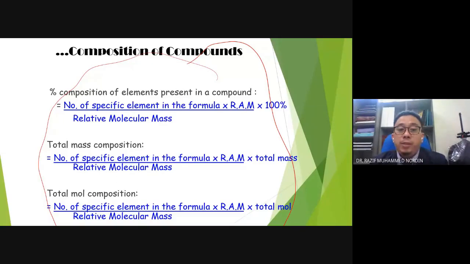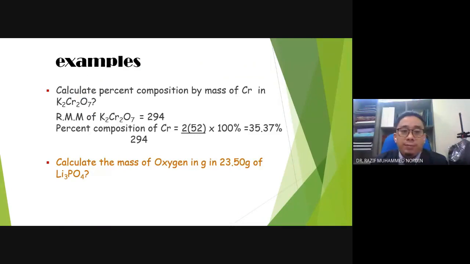So, how to use this formula? Itu yang paling pentingnya, menggunakan. If you tahu formula, but you do not know how to use it, sama seperti you tak tahu. For example, simple example over here. Percent composition of chromium in potassium chromate. Relative molecular mass of potassium chromate, yang ni lah, 294. Whereby it come from